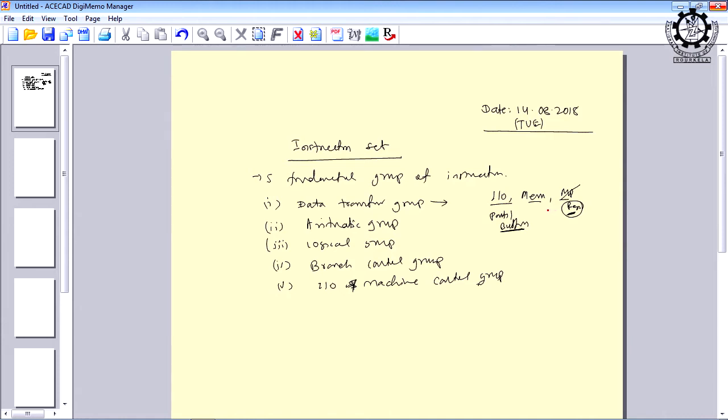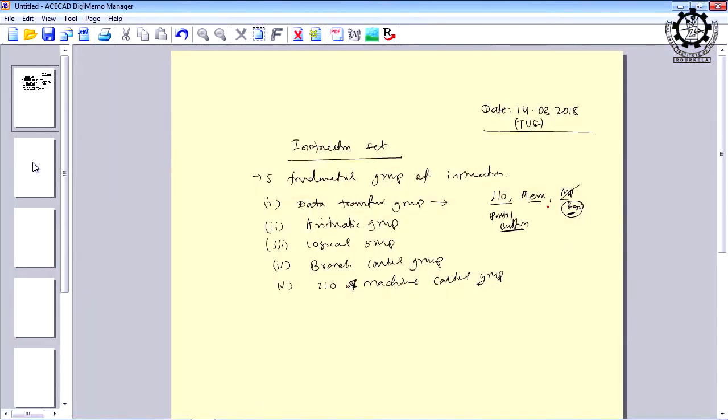With these 4 types of data transfer instructions, and with the help of multiple instructions, we will be able to transfer the data even between IO and memory. So, what are those groups of instructions?